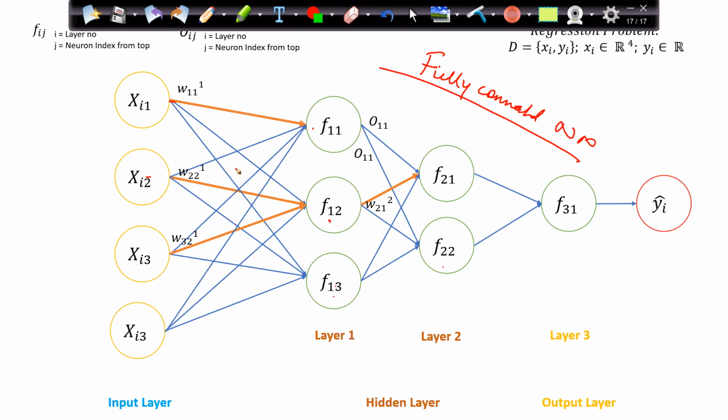And this is very, very important. Kindly go through the nomenclature, because this notation is very important once we talk about the mathematics, right? So we should understand. Suppose I say I am talking about W212. I should understand what weight I am talking about. Suppose I'm talking about output 11. I should be able to understand what output I'm talking about. All those things are very, very important. So kindly go through this again if you're confused here, because this is very important for the future sessions.